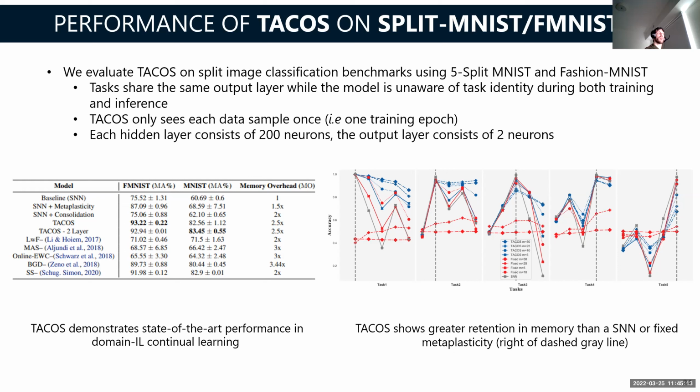And we also wanted to look at how we do compared to that fixed metaplastic state, where you just estimate importance based on weight magnitude. Because again, one of our points was that we want to be energy efficient. And if we can remove that overhead from the dynamic metaplasticity, it's important to know that.